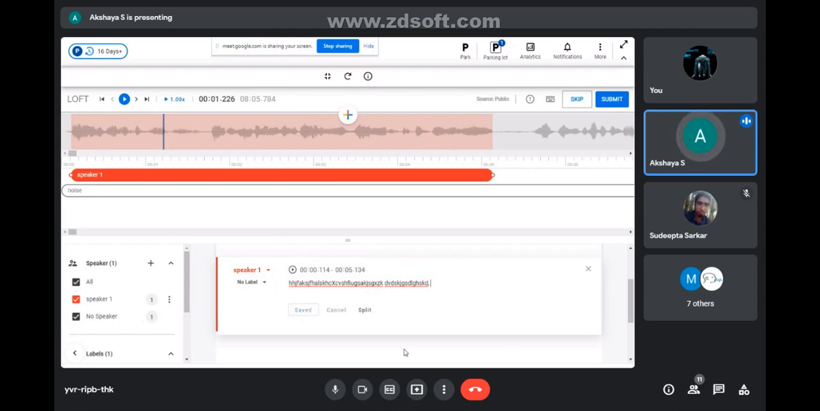For saving the segmentation, you can click on here also, or otherwise you can use Control S to save the